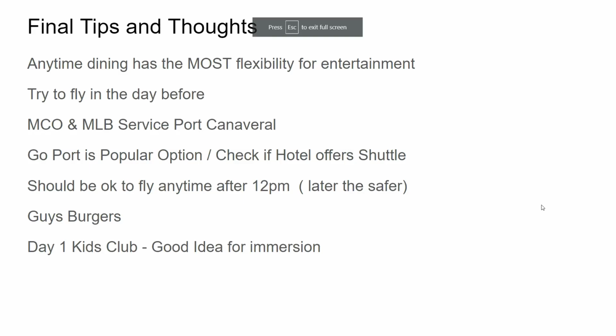All right. So final tips and thoughts. Hey, so when you book, you're going to have the opportunity to get late dining or early dining. Mardi Gras, unlike the Magic and the Horizon, where you got 1 theater, Mardi Gras has 2 theaters. They got the one where you embark, that embarkment area. When you get on the boat, it turns into a theater. It's a huge atrium kind of thing. And then, of course, you got the big theater in, I believe, the front of the ship, which is